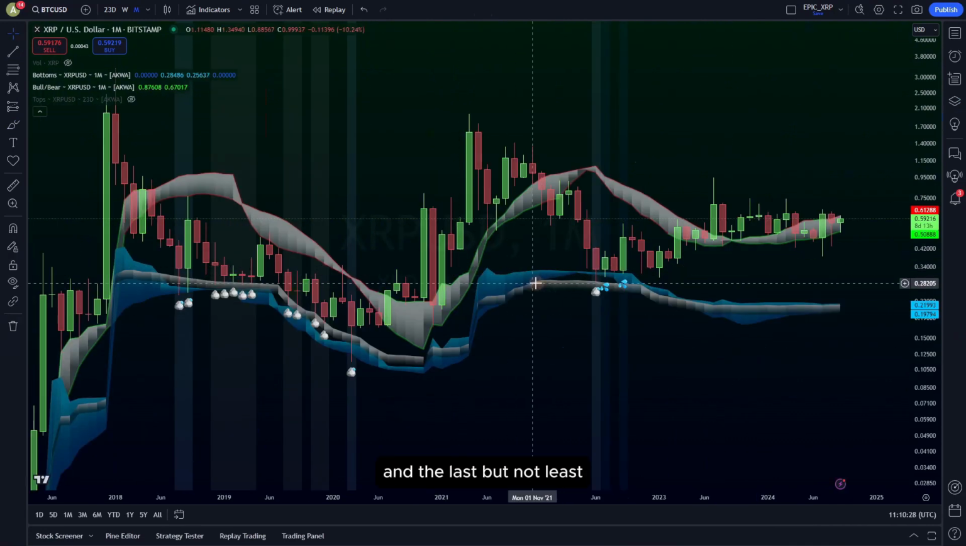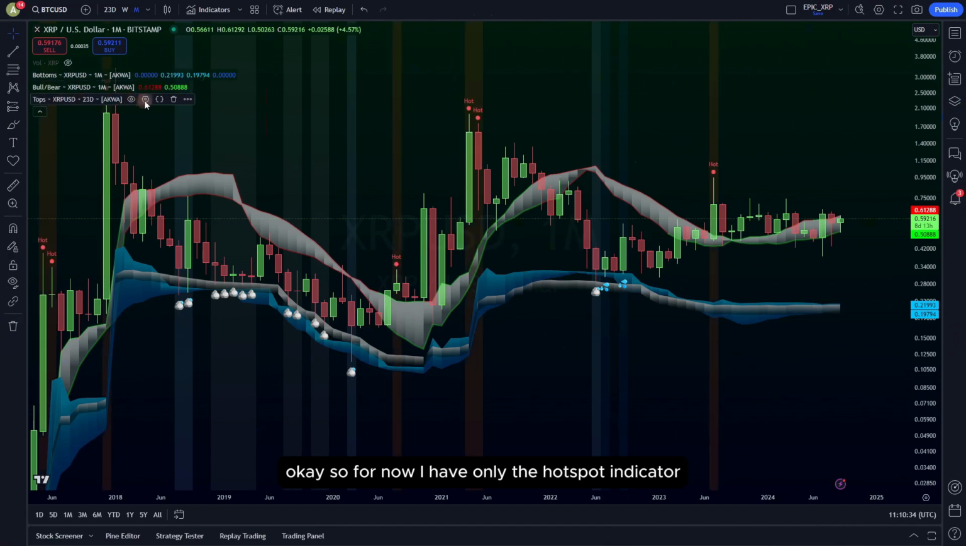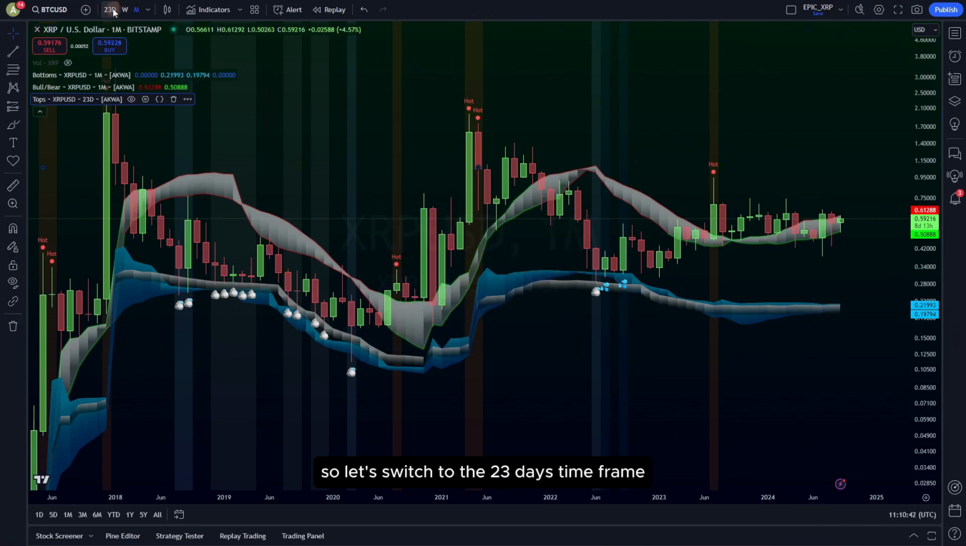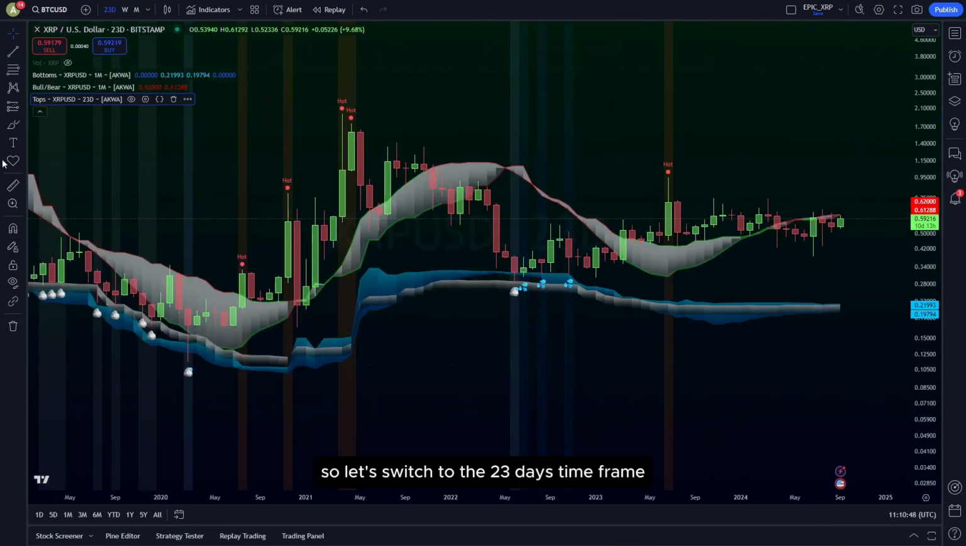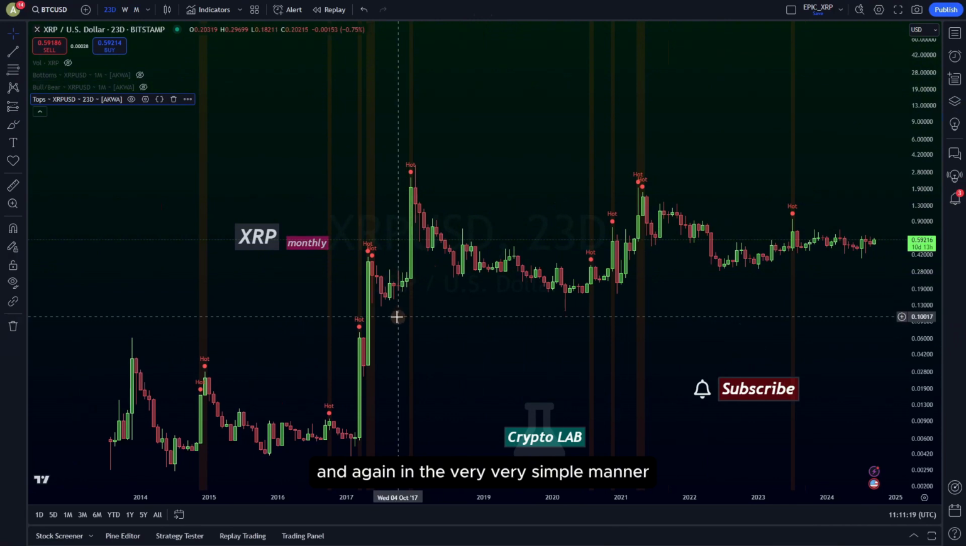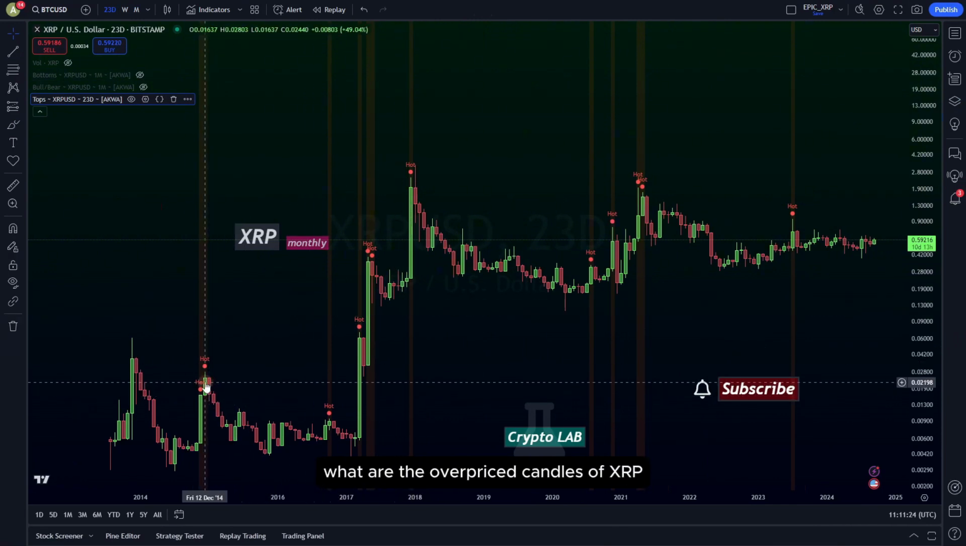And the last but not least piece of the puzzle is the tops indicators. Okay, so for now I have only the hotspot indicator and it works on the 23 days time frame. So let's switch to the 23 days time frame. And for now, we will hide the bottoms indicators and the bull bear indicator. And again, in a very, very simple manner, you can see that it helps in identifying what are the overpriced